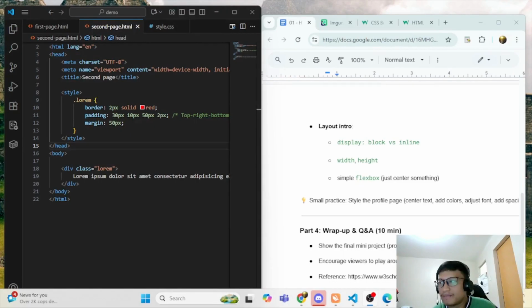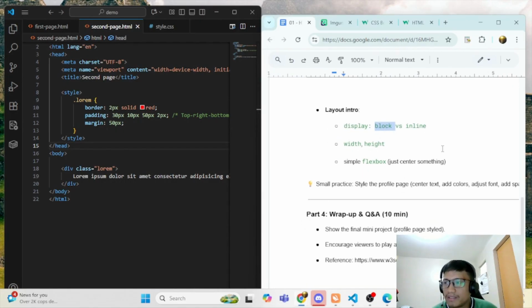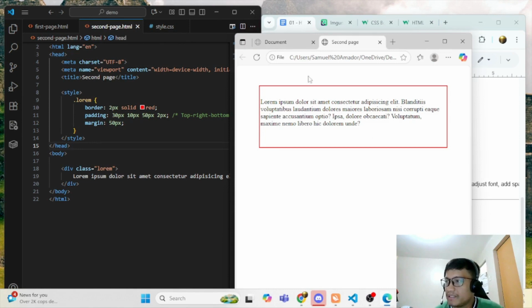Since we're done with the box model, let's proceed to layout intro, the display. Maybe we can use block versus inline, or maybe we can use inline block. Then we can also use the width and the height of a box. Okay. So I've already created here from our example.